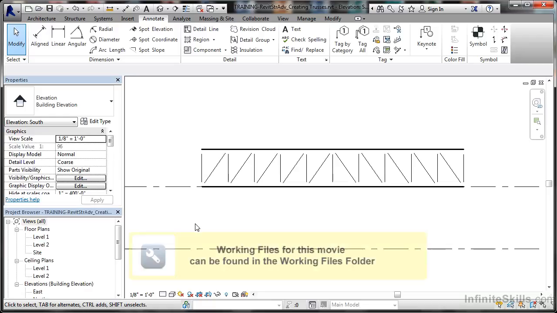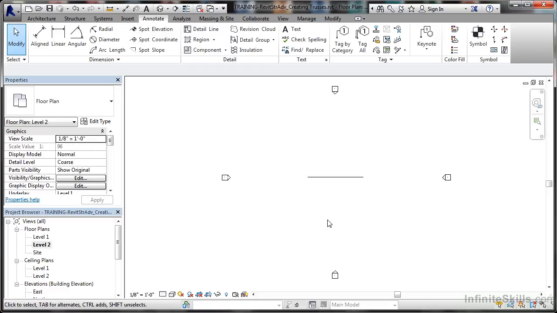Let's have a look now at creating a truss family. Now, I've left the project open with the truss that we've already inserted. The reason being is I want to insert another truss linking to this one. So I'm going to go back to the floor plan, level 2. There's our truss there. I will zoom in a little bit, like so, and it's sitting there ready to be